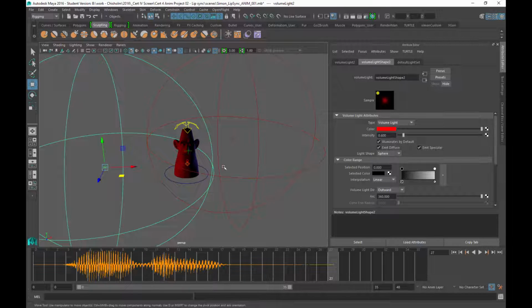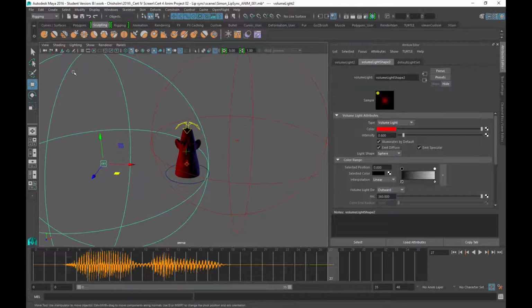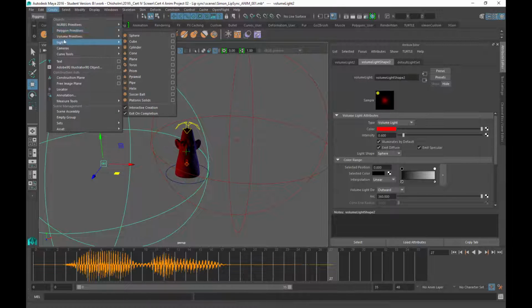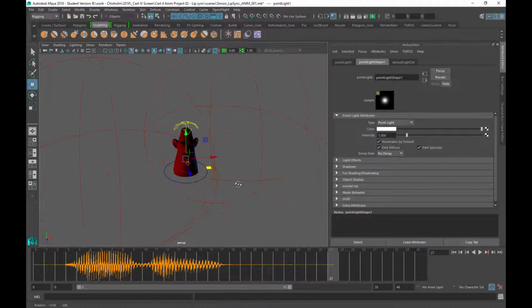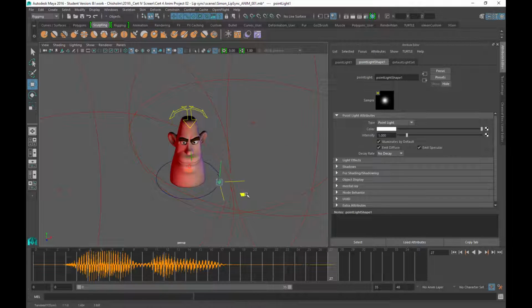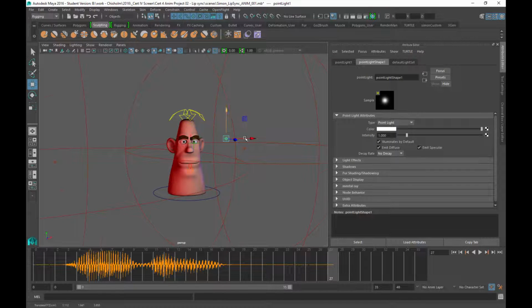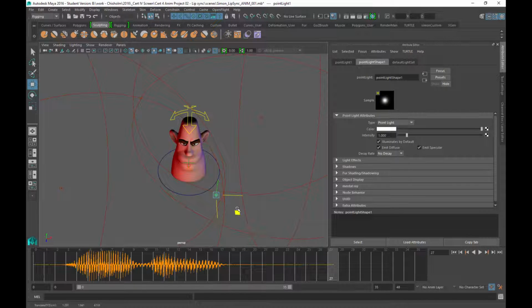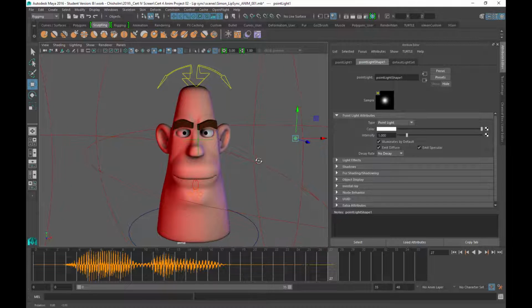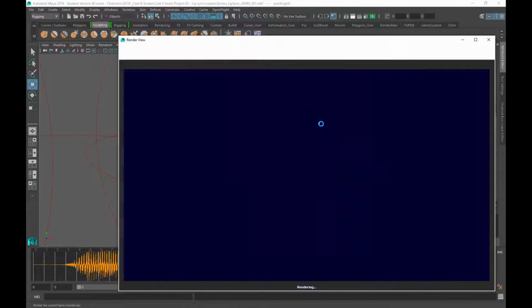And then I can add a third light in that's pointing towards his face and doing the normal illumination. So what I could do is go create lights and then drop in a point light, for example. And if I move this out, that's going to return, because this is white light, the default setting, more of that normal illumination I had before. So if I place this up a little bit and a bit more in front of him, what I should be getting now is something that's a little bit more